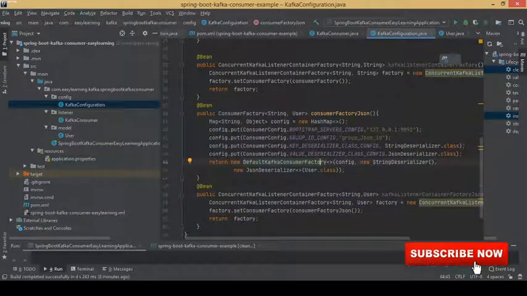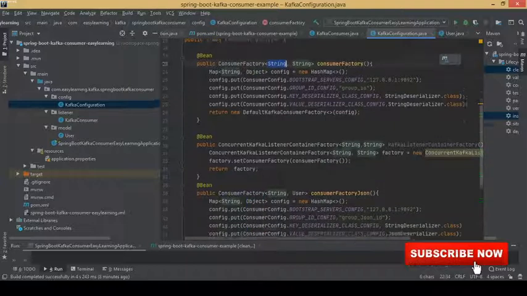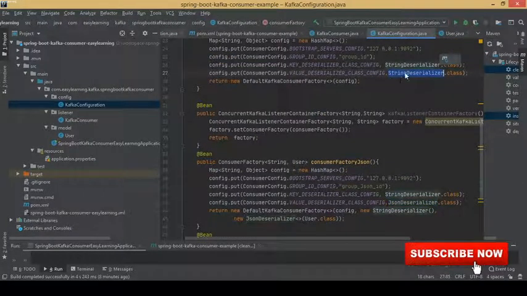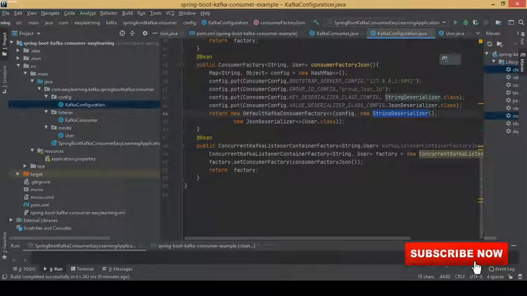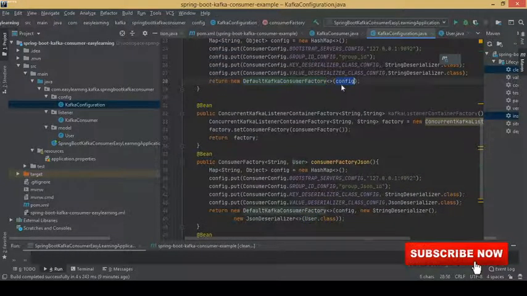The difference is that here in our map it will be a string and object irrespective. Here you can see string and string, right? So here we are passing string and our model. And here JSON deserializer, because this time the value is not a string, the value is a JSON because the model is user. And now here we need to pass this default Kafka consumer factory, right? So as we mentioned, string deserializer and JSON deserializer for my user, that's where we have added this separate thing here, whereas here it is just a plain default Kafka consumer, right?